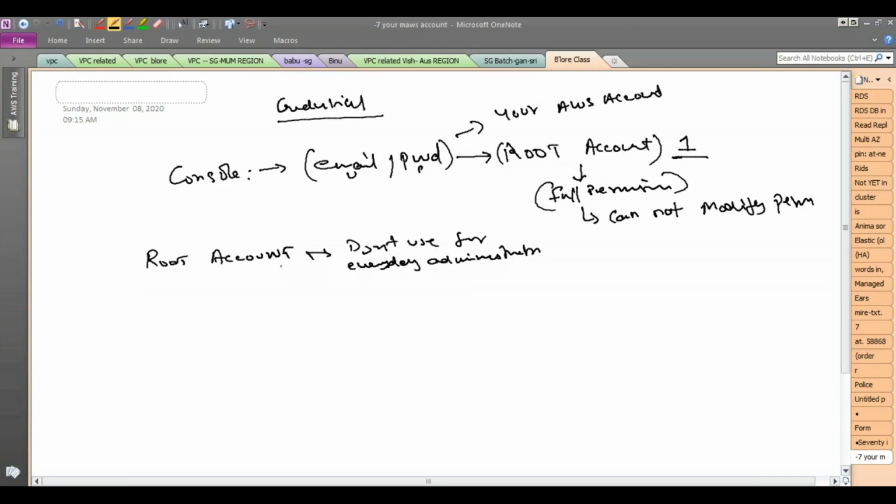right? So what account do you use? You create additional users for the employees or people who are going to access your AWS account. So obviously you create your AWS account, you have the root account. First you log in with your root account because you don't have any other account. Then you go into a service called IAM, which we will be seeing, and then you create individual users,